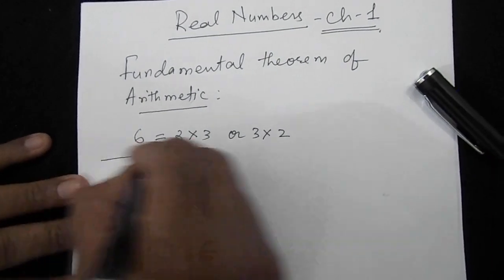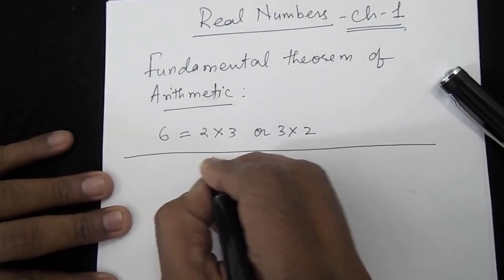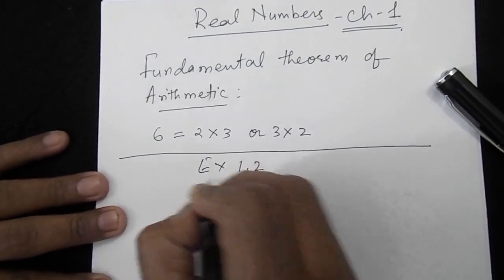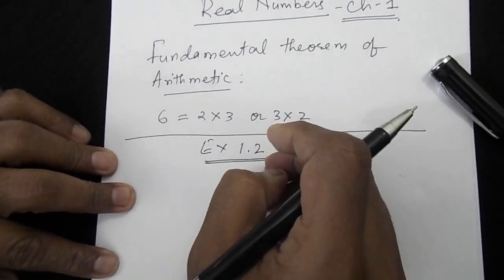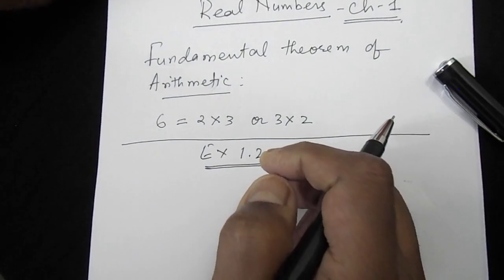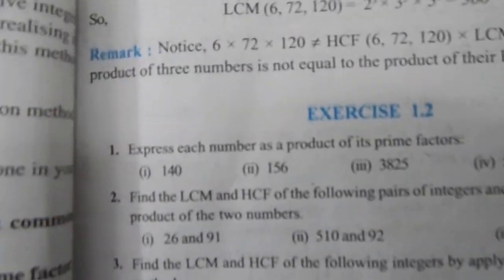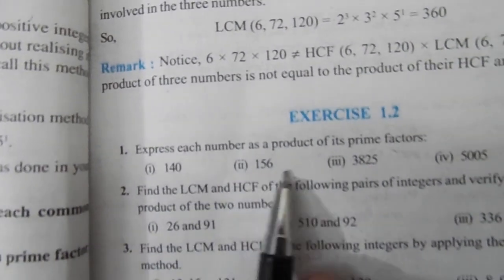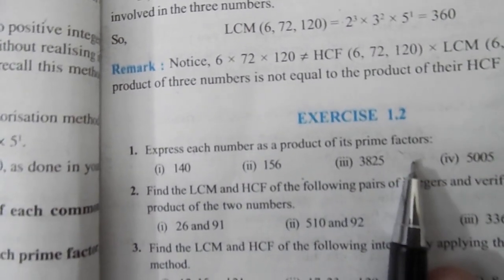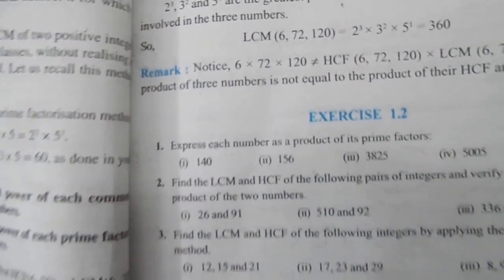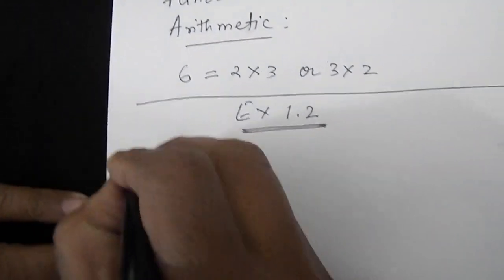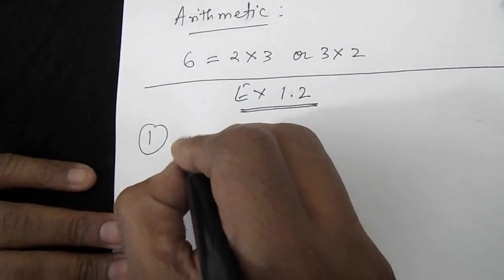So dear students, today we are going to start with exercise 1.2, which basically deals with the prime factorization and the fundamental theorem of arithmetic. Now see the first question. Express each number as a product of prime factors. So question number 1, first part,